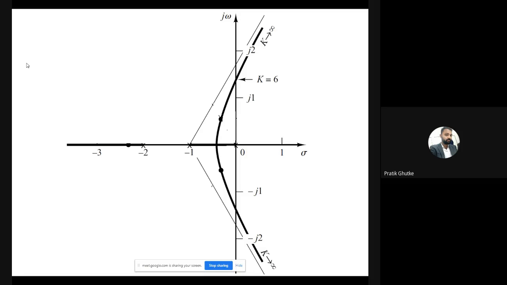We have marked all the pole zero mapping, the centroid, and also the angle of asymptotes. Also we have found the value of k marginal and the omega max value, that is plus minus root 2 j. So after solving all the calculation, I need to plot this root locus on the graph page only. In university, you will be provided the graph page, and it will be drawn on the graph page itself, not on the blank. Yes, all of you got that?